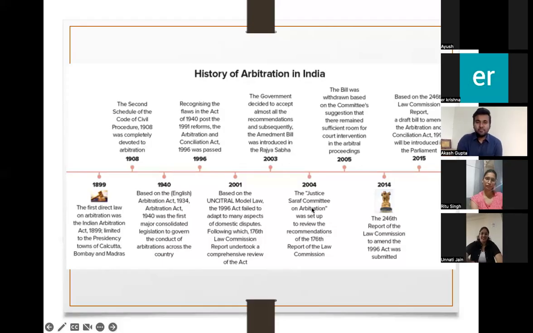Okay. So if you have to enforce a foreign award, you need certain international law which provides that you can take an award from one country and enforce it in another. Now, the New York Convention provided that any member country's award can be taken to another member country and that has to be enforceable, and India is a signatory. 170 plus countries are signatories to it. To include that within Indian law, we came up with the 1996 Act. Also, we had adopted the 1985 UNCITRAL Model Law. So what we have done is inserted that within the 1996 Act.